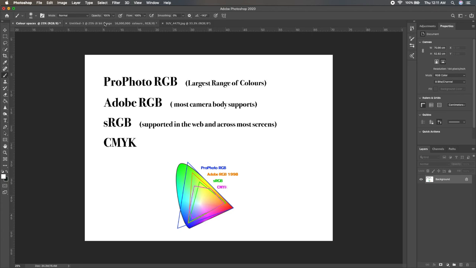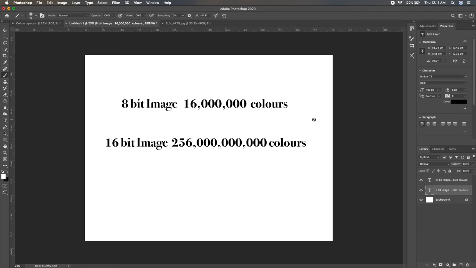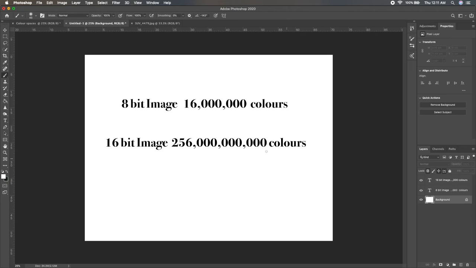Now let's talk about one more thing, that is an 8-bit image or a 16-bit image.